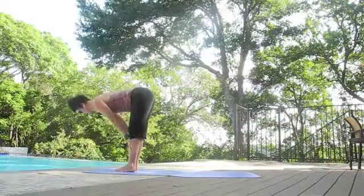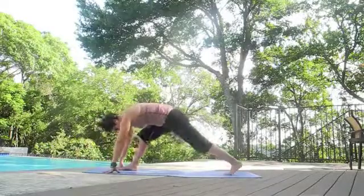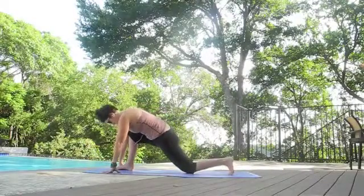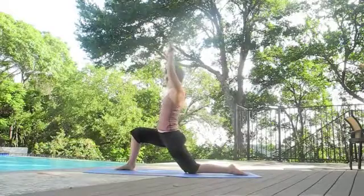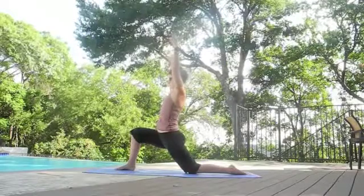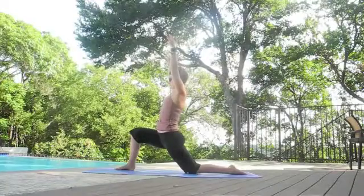Exhale to fold. And now take your left foot back to the back of your yoga mat. See if you can sneak it back even farther, okay? Now take your left knee down, untuck your left toes, and inhale, your arms reach up to the sky. So again, try to keep your left knee as far back behind you as you can, coming onto the top of your left kneecap, okay? So really squeezing it back all the way to the back of your mat, and then send your hips down